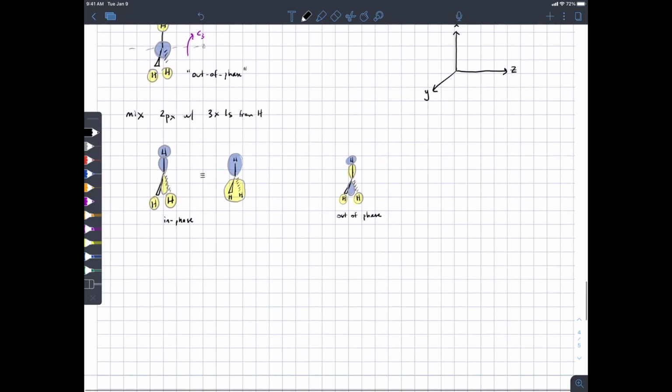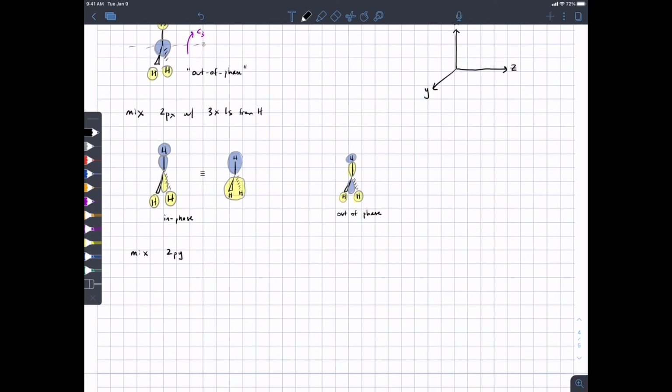Let's now see about mixing the 2py orbital. Remember, the 2py orbital is going to extend out toward us. So we would draw that. It's kind of tough. You'd have to imagine it coming out toward us this way and then back away from us like that. We'll go blue in the front and yellow in the back. We can overlap that with a blue 1s on hydrogen in the front and a yellow 1s on hydrogen in the back. Interestingly, the 2py orbital has a node,